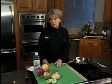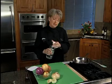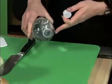There's no crying in baseball, and there shouldn't be any crying when you're cutting onions. It's a pretty simple trick, and I use this in my kitchen all the time. Before you cut onions, take a little bit of vinegar and put it on the cutting board. A small amount of vinegar is not going to affect the flavor of the onions, but it will definitely affect